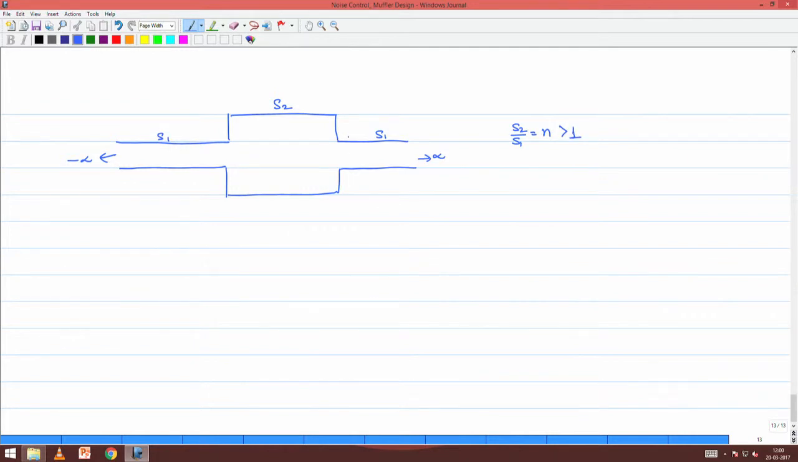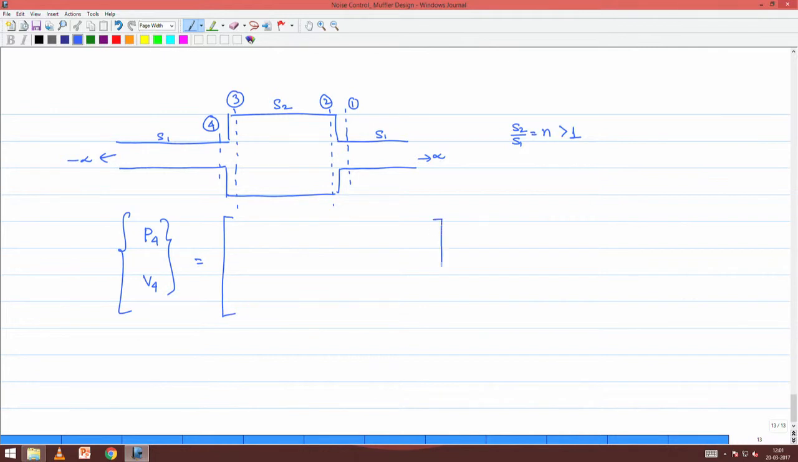Okay. And we took the transfer matrix at each of the sections. This was our first section, this is the second, this was the third, and finally, this was the fourth, right. So, effectively the transfer matrix between 3 and 4 and between 1 and 2 are identity if we frame it in terms of mass velocities rather than particle velocities. So, the transfer matrix would relate the state variables at station 4, which is P4 V4, with the state variables at station 1, which is P1 V1,